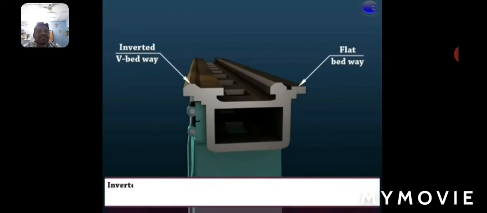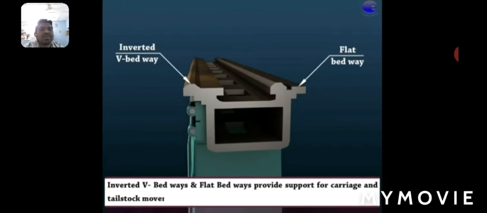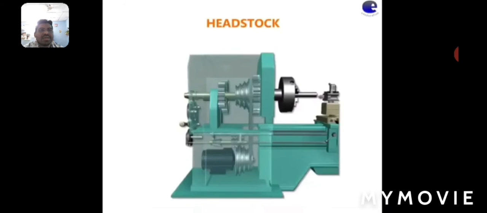See, you are seeing the guideways on the bed, inverted V bedway, flat bedway. It provides the support for the carriage and the tailstock movement. So, headstock.